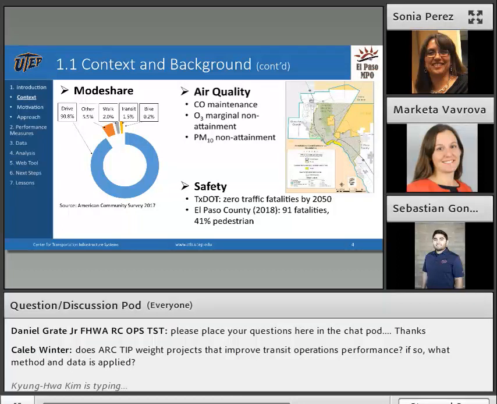This means more emphasis on safety in project prioritization and design, as well as continuing the education programs and implementation of the safety plan. These are just a few statistics that we can generate from the web tool.